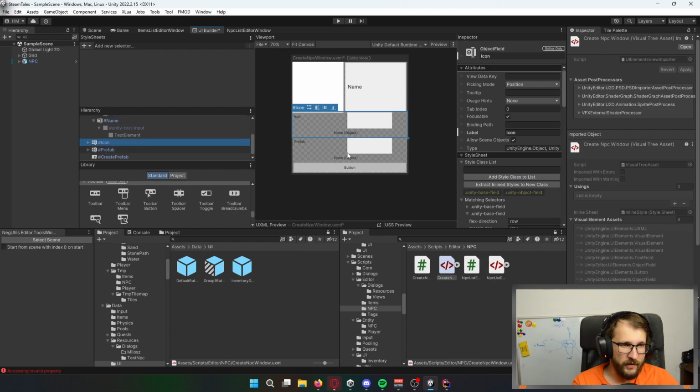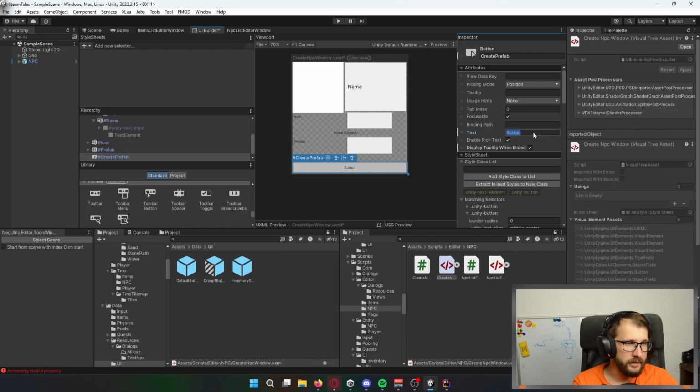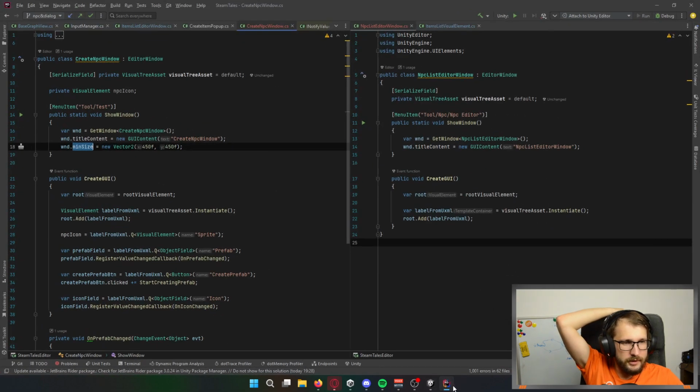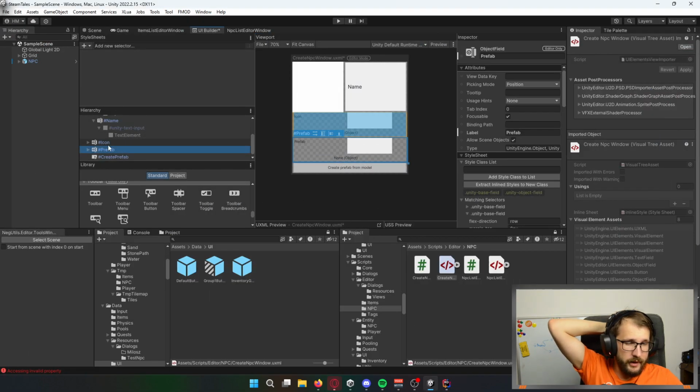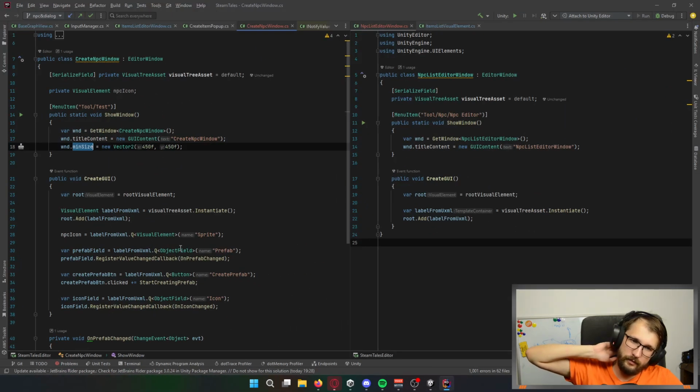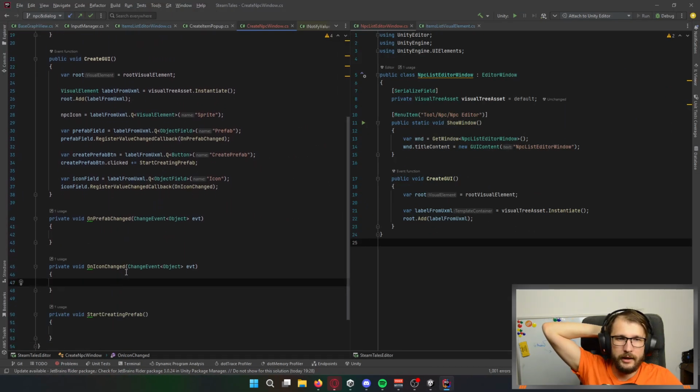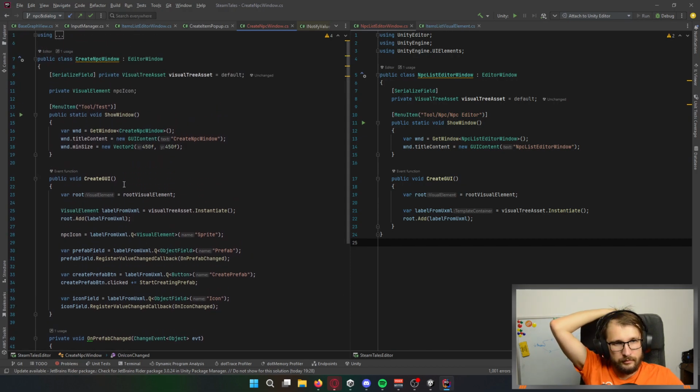So icon prefab, and this button has to be named create prefab from model. Okay. So let's add logic to everything. So icon. Okay, so when icon is changed, so when I'm opening